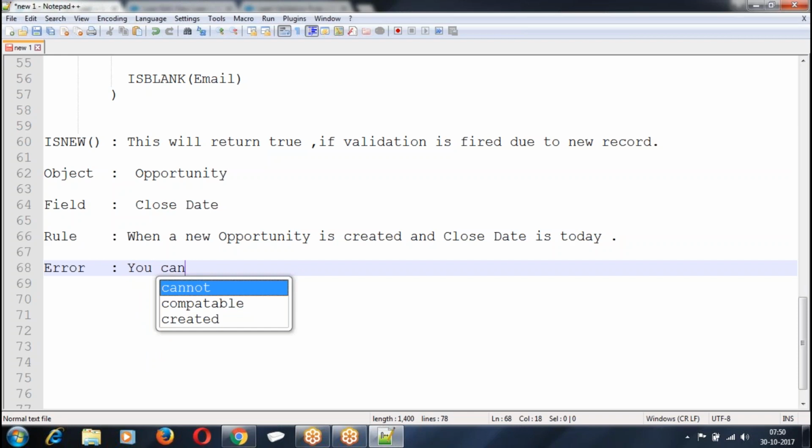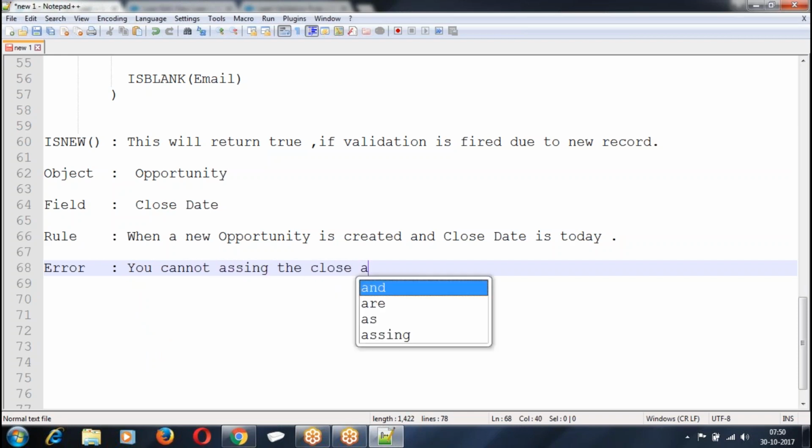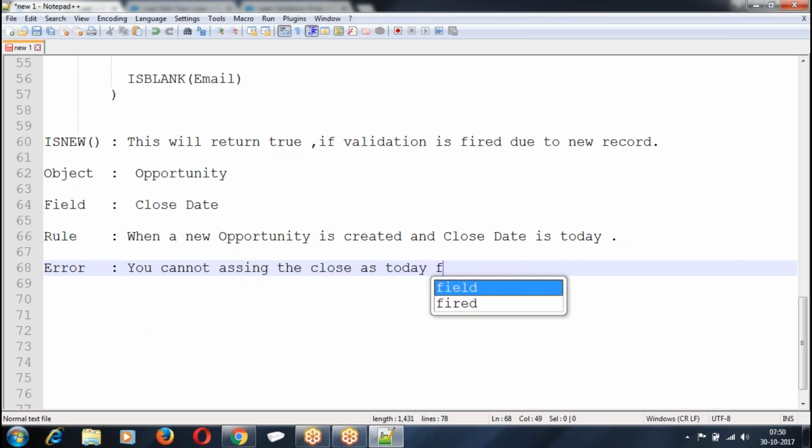You cannot set close date as today for new records. Whenever a new opportunity is created, close date cannot be today.